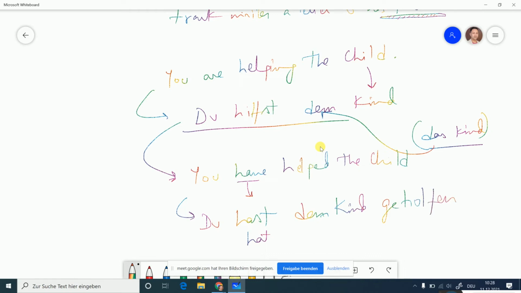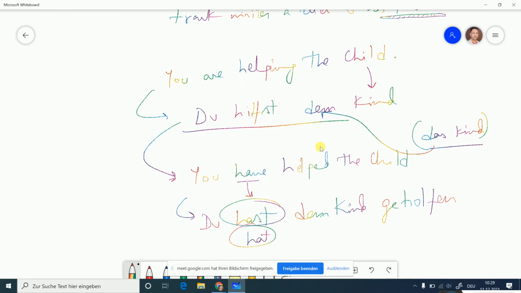So this is a little complex sentence now. The first "hast" is present tense, and this one is past, which has happened in the past, but you're talking about it right now. Correct. So this is a little complex sentence. We will take it up later on. Right now, it is one-to-one, straightforward: "Du hilfst dem Kind."